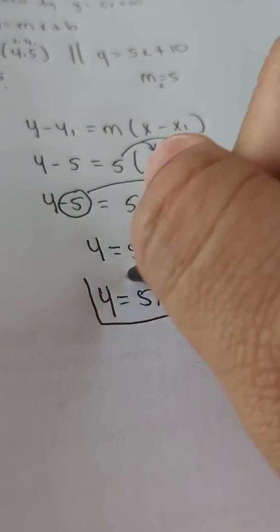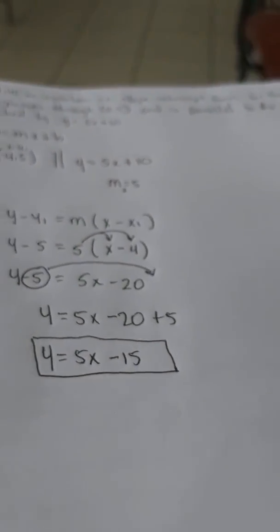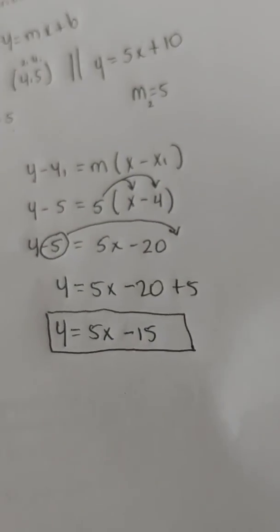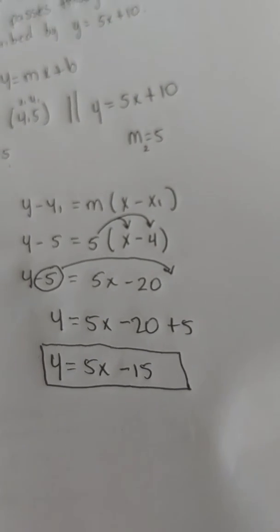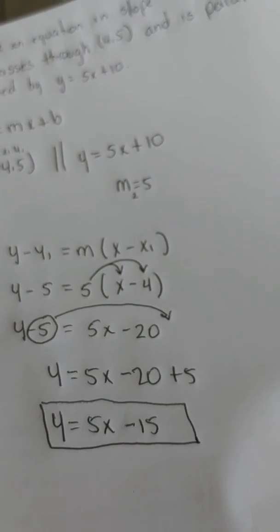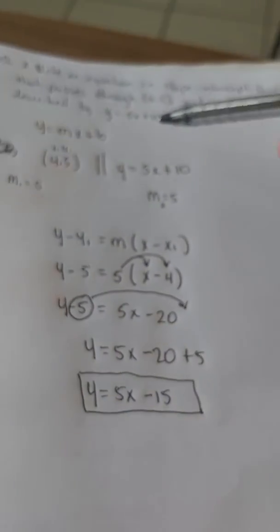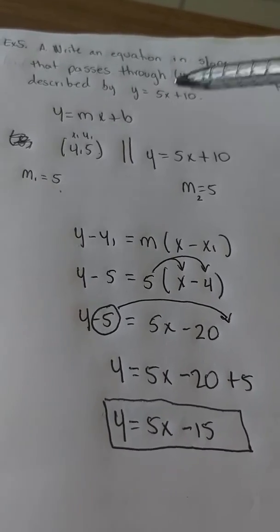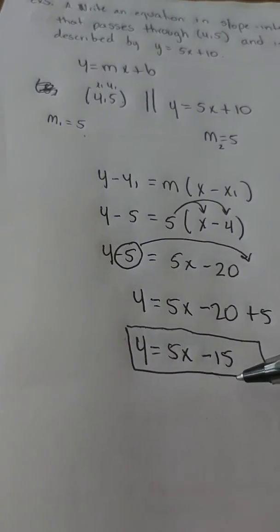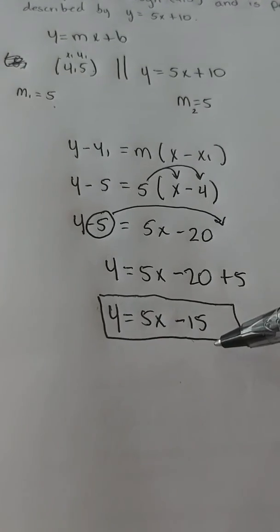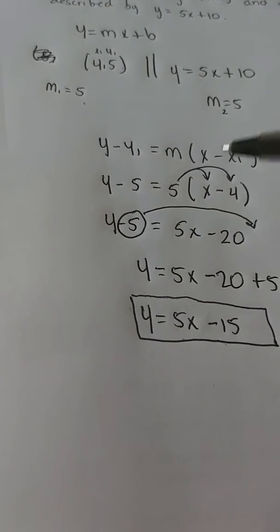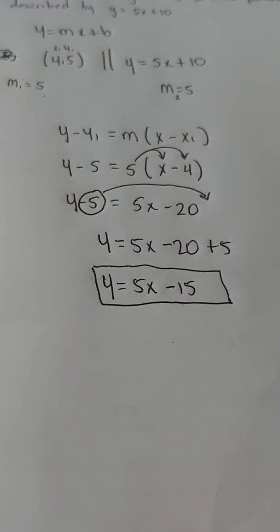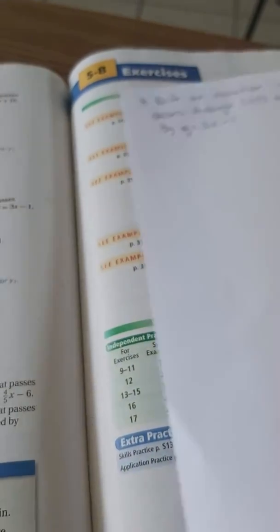So this will be the equation in slope-intercept form of the line that passes through (4, 5) and is parallel to the line described by y equals 5x plus 10. Notice y equals 5x plus 10, slope equals 5, and the equation of the line, y equals 5x minus 15, m equals 5. So that means that our answer is correct because we have two lines with the same slope and they're parallel. Now, part B